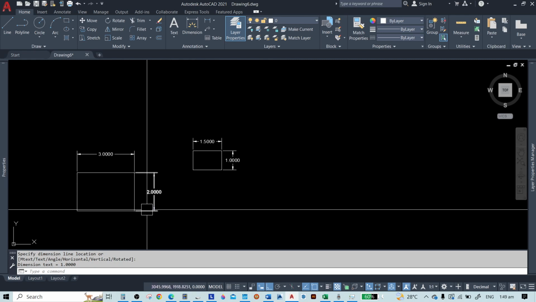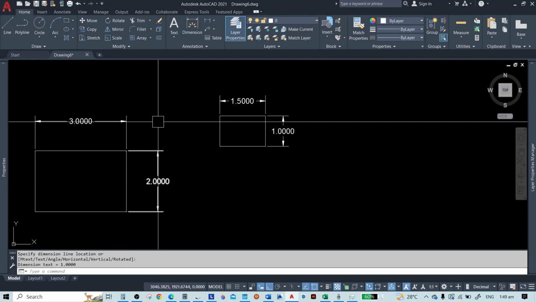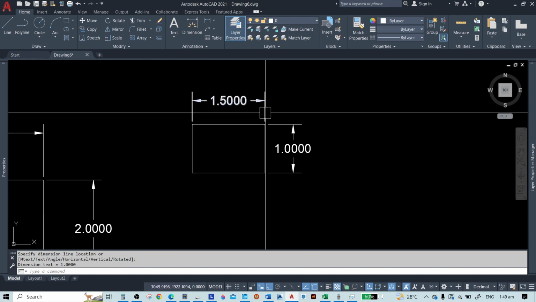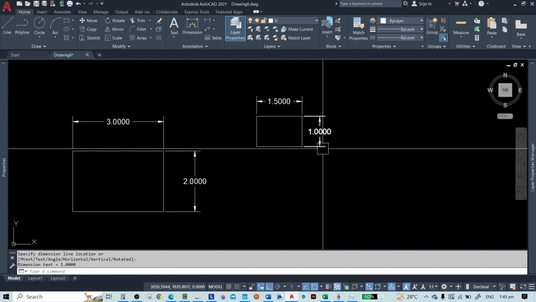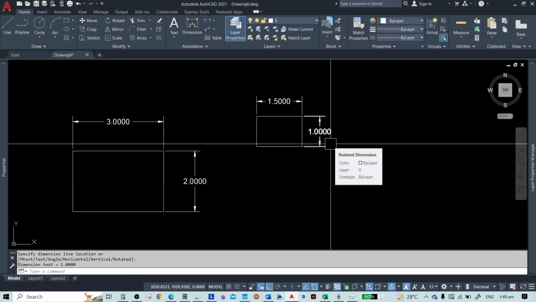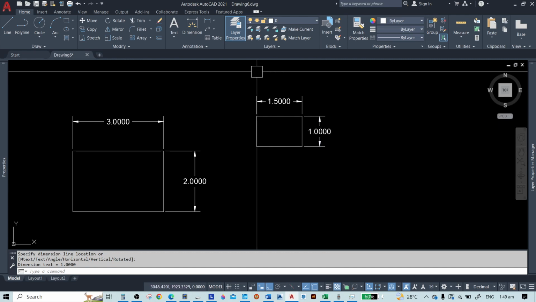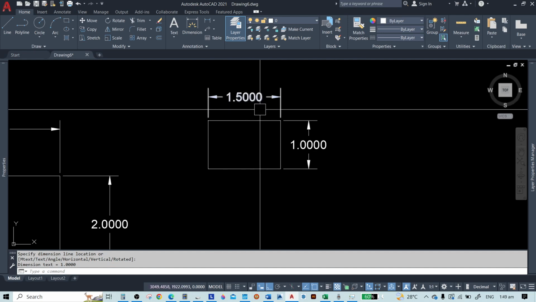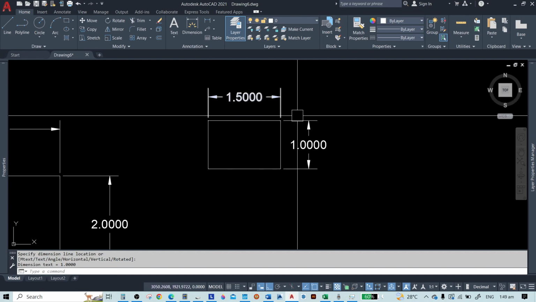So the dimension in this drawing should be the dimension in this drawing too, right? So it's just the drawing that reduces, not the dimension text or the measurement.